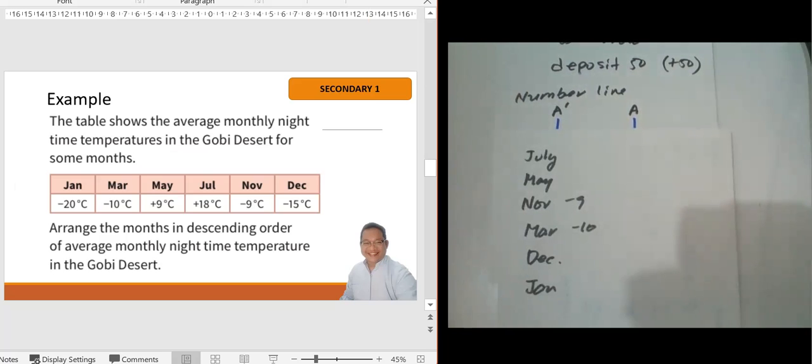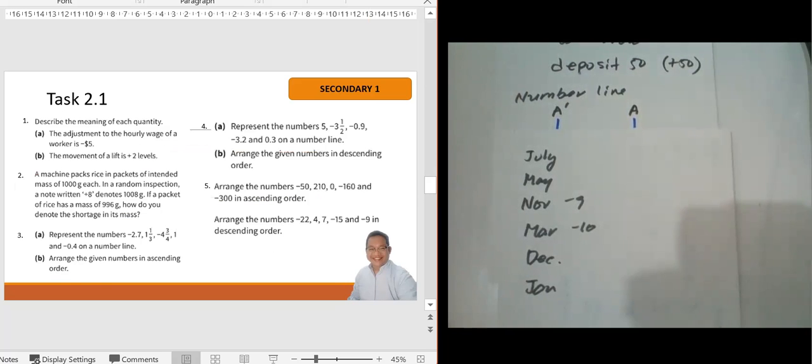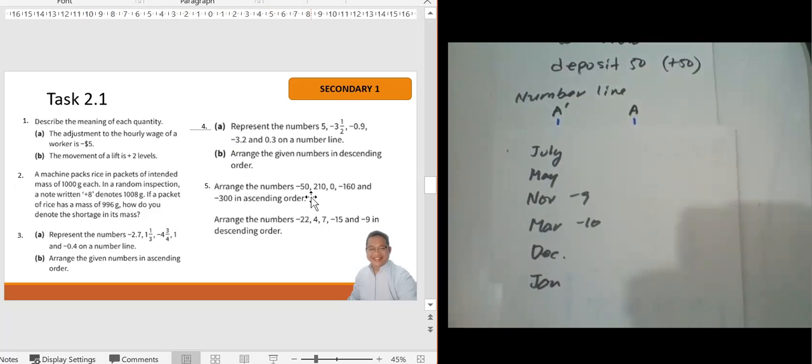So guys, I would like you now to go to the task. So you need to answer the task 2.1. There are actually 5 questions in this task. Okay, please answer them not in A4 but in your paper line, and then